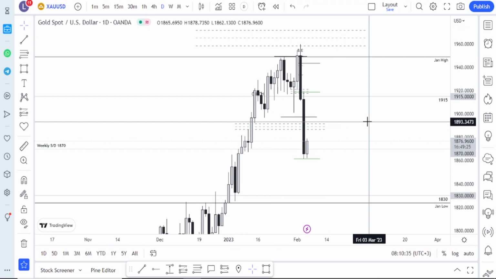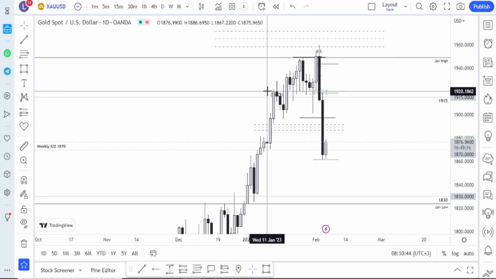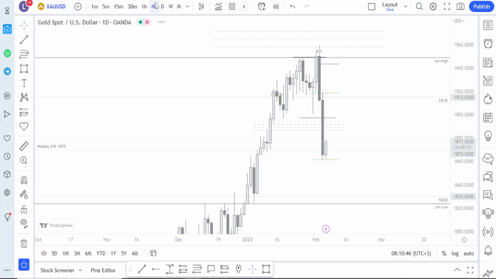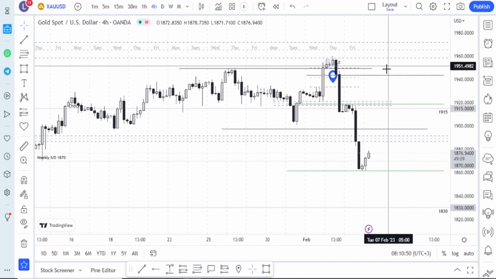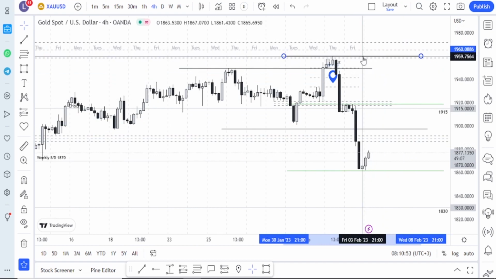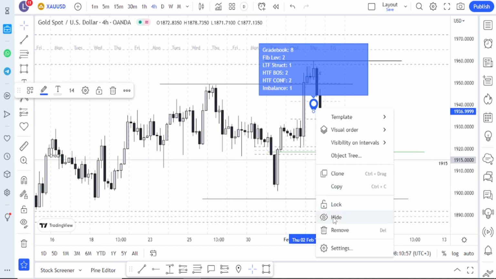So what we can see is that structure has changed on this time frame. So overall, I'm looking to sell, not to buy. If we go to the 4-hour chart, what you can see is that structure has been broken. Structure was bullish because these were the levels. So price traded into this